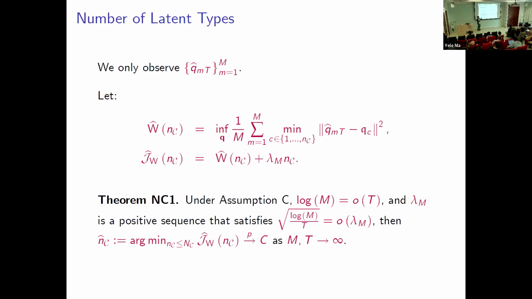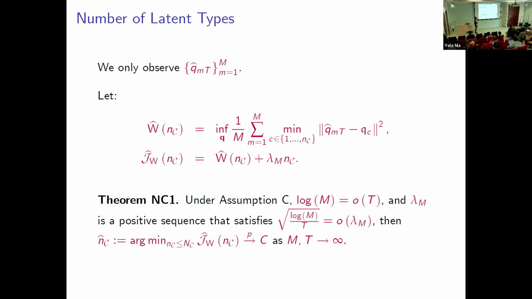And I'm going to require lambda m to be positive. If assumption C along with log E equals little o of T holds, which is something that we assumed previously, additionally, if lambda m satisfies this condition, then it can be shown that our model selection would be able to consistently estimate C. And the intuition behind this is, if you think about minimizing this type of objective function,